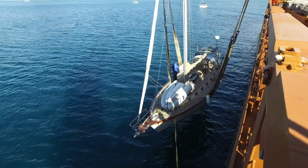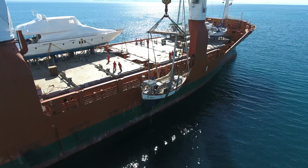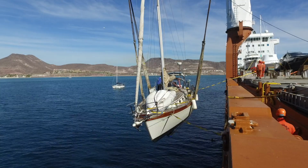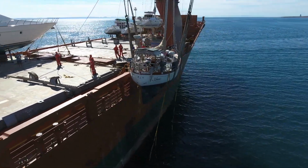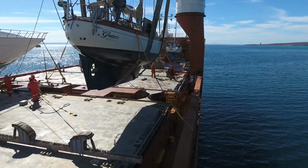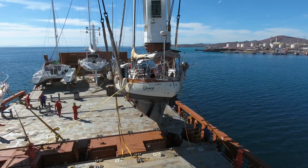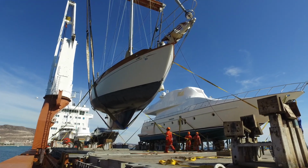It's only the crew from the shipping company allowed on the boat while they're lifting, so don't even ask. And unfortunately, the boat that takes you back to the shore takes off pretty quick, so the owners of the boat don't actually get to see their boat being lifted unless they specifically ask for it. And on this day we did ask for it, and they let us come up on the deck, so we got some great photos. But here they are moving Grace across the deck, ready to put in her slings,